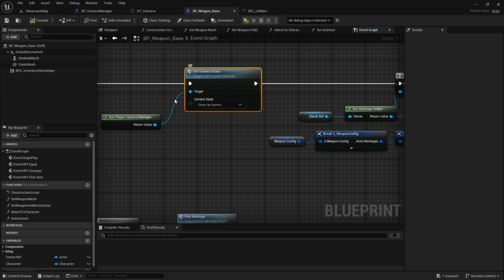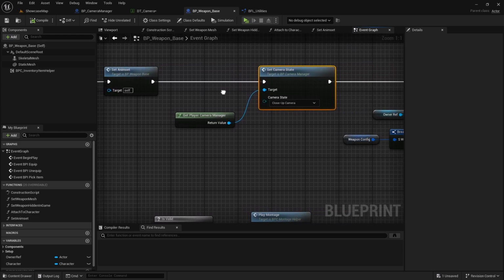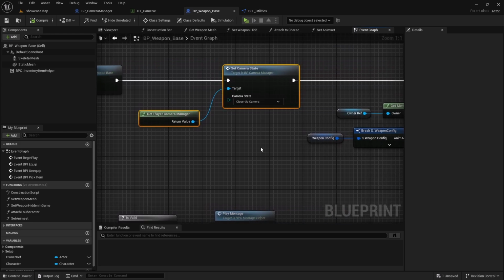That's why it directly goes to the close-up camera. But instead, what I need is for the firearm weapons to go to the close-up camera, and for the melee weapons to simply stay at the medium camera, right, which is the default camera state,